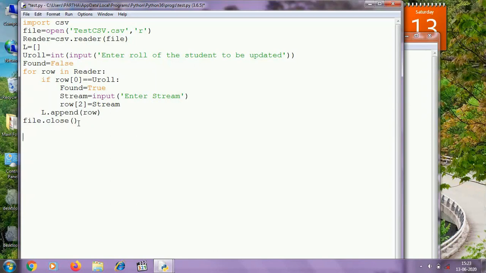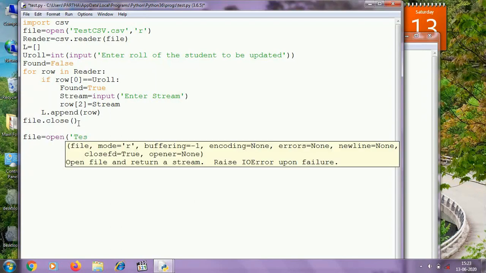And till now we have not updated the file testcsv.csv. For that I need to open the file in write mode again. I am opening the file in W+ mode because I want to write to the file, and after that I want to read from the file.